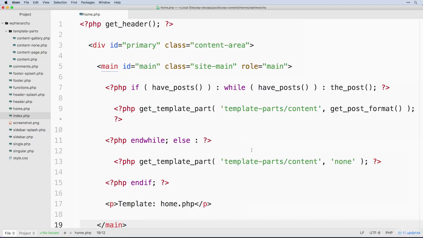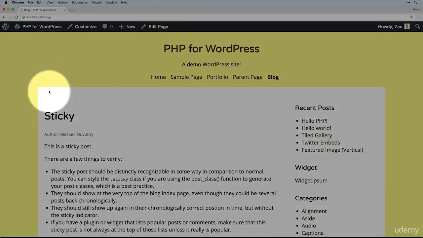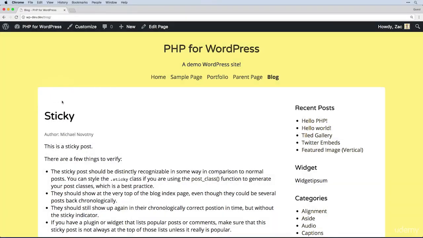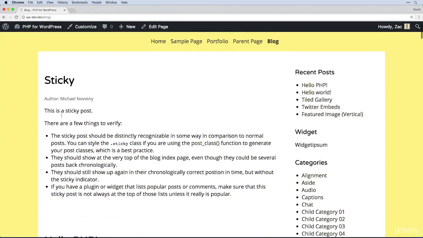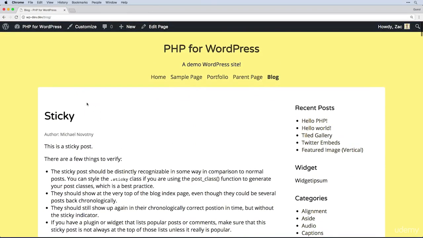So one of the first things that you notice is that it doesn't say, this is my blog page. It just says, hey, these are all sticky. Or not, these are all sticky. Sticky is the first post. That's a sticky post. It just lists the titles there. It doesn't give us any context. So one nice thing that we could do at the top is just throw in a kind of hard-coded page